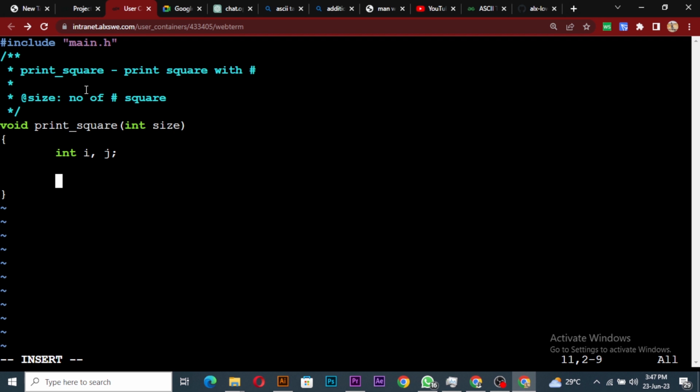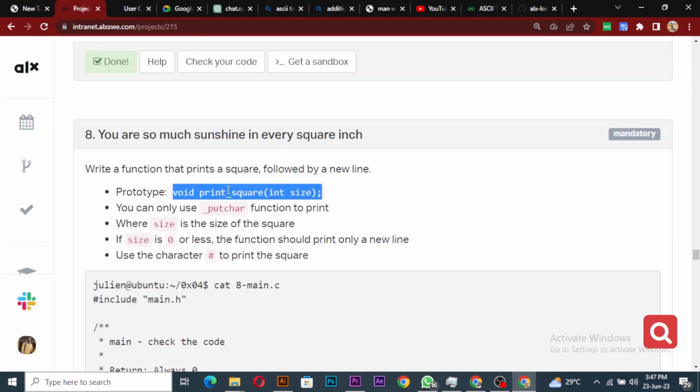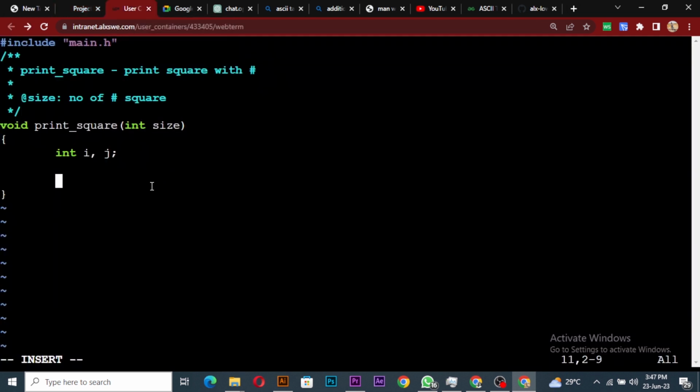So the first one is if the size is 0, and we have if the size is greater than 0. Okay, so if size, sorry, if,